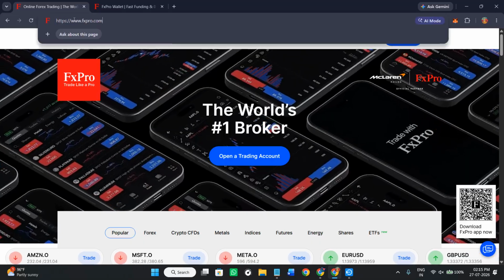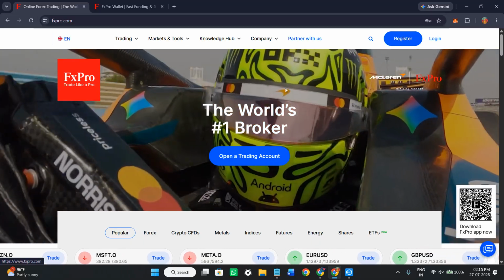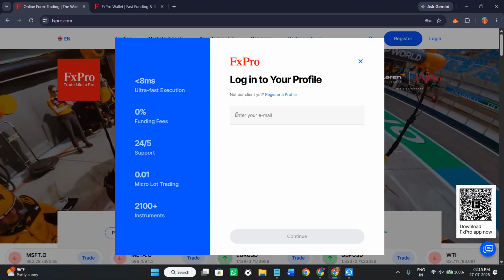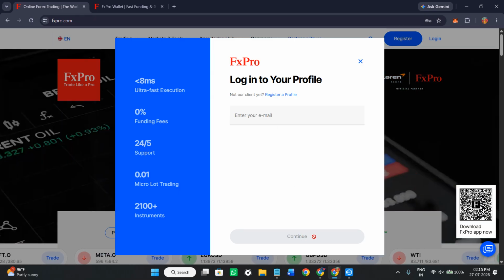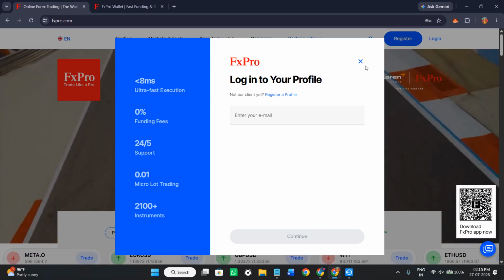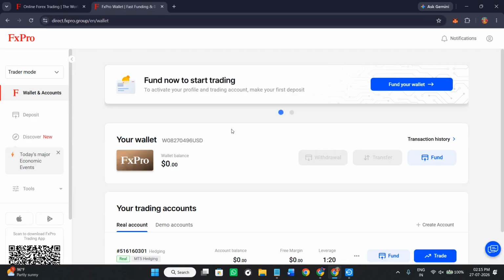So first of all, come here on fxpro.com. When you are on FxPro, simply select the option of login on the top right hand corner. Over here, enter your email address, then press continue, then enter the password of your account and then select the option of login. So when you log in to your account, you are going to see this type of wallet